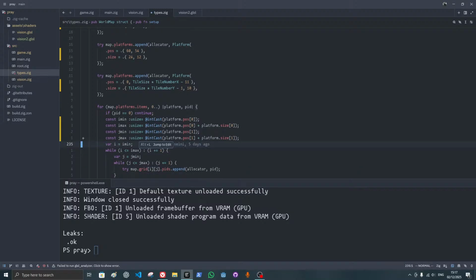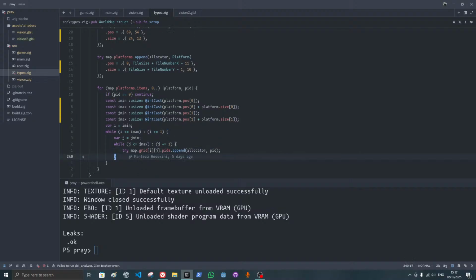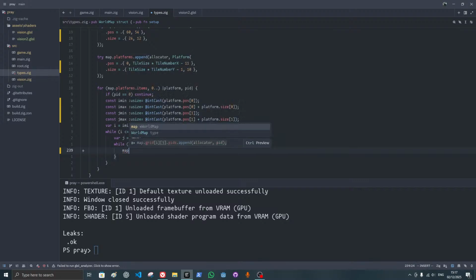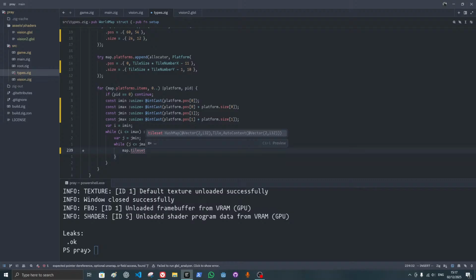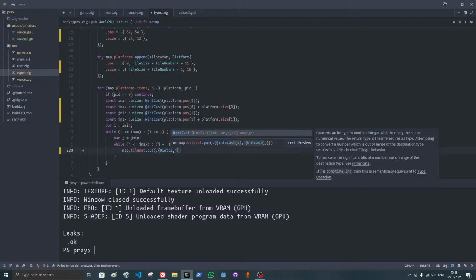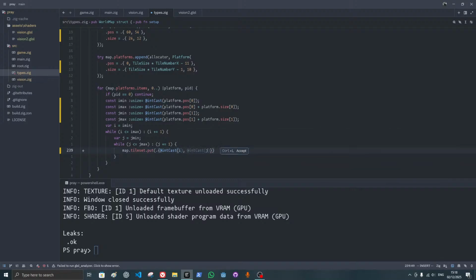Okay, and then I go from imin to imax and jmin to jmax. Now what I do, I will add, so that would be map the tile set, sorry, put. Now I need some ij, but this should be int cast, int cast I and j, and then